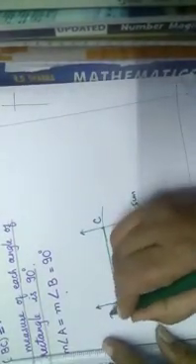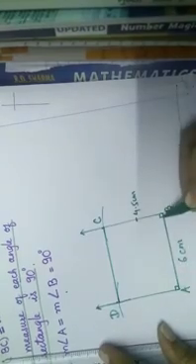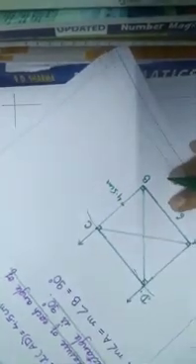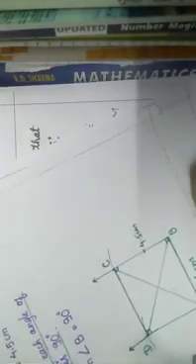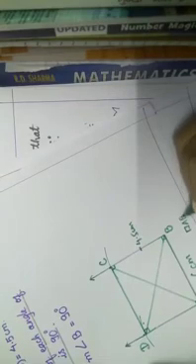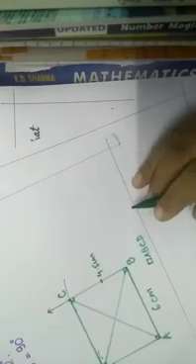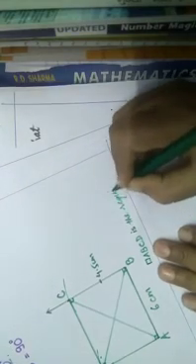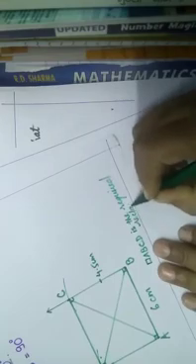This point is C and this point is D. As each angle is 90 degree, so let us make a 90 degree. And now you can join the diagonal also, D to B and now A to C. So in this way we have completed the first question of practice set 8.2. So answer is what? Quadrilateral ABCD is the required rectangle. In this way you will write down the answer.